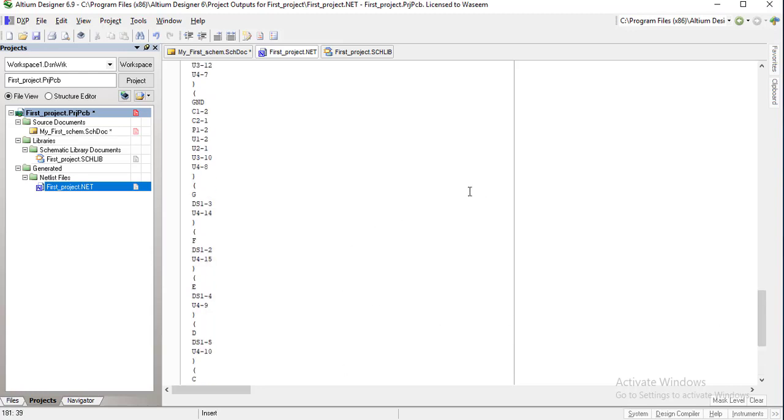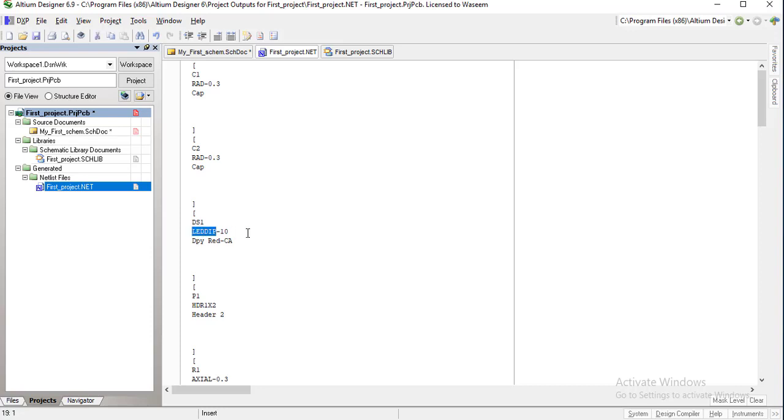So all the connections that have been made by us in our schematic are listed in this file, the netlist. Before the list of connections, there are the footprints of the components that have been used. For example, the footprint of C1 is radial 0.3, footprint of C2 is radial 0.3.